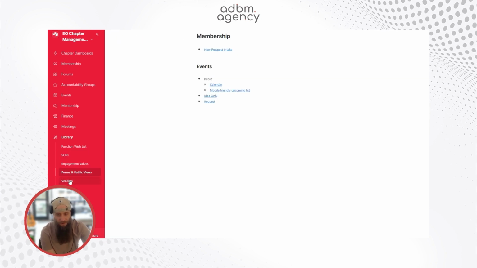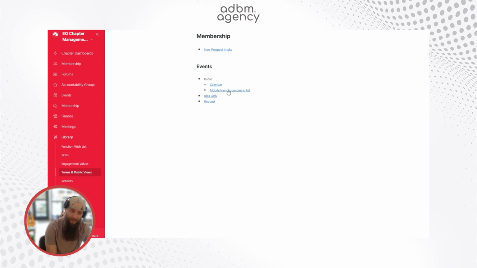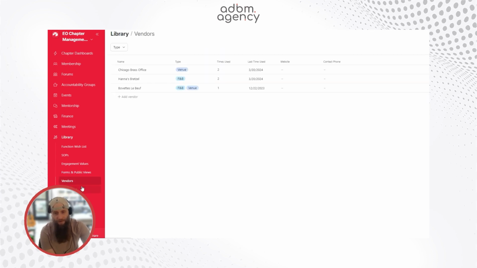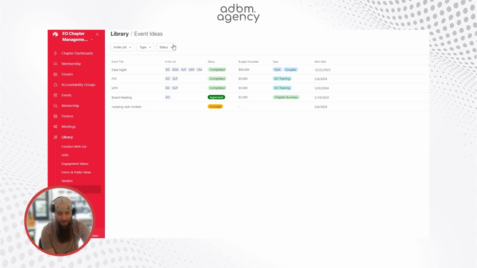The public or the public forums that I referenced earlier. This is a mobile-friendly list of upcoming events for all members that they can just keep. It's live, it's dynamic, it's always going to be up to date, where they can view upcoming events and click into RSVP. We have a vendors library, and then we have a list of events, either held or just ideas,